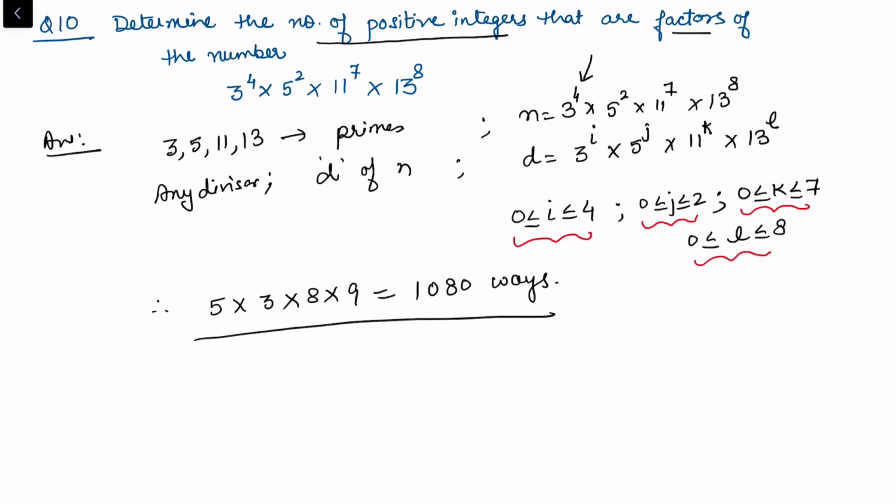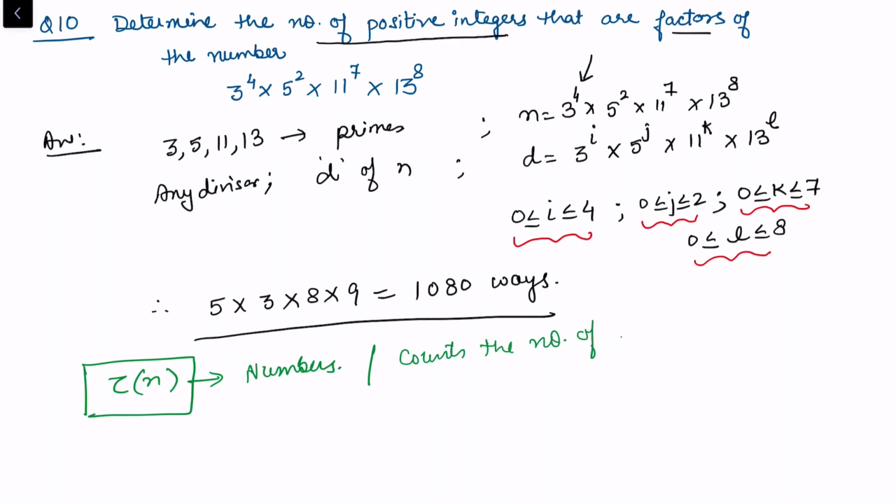In fact, this is a problem which is associated with the tau n function. Tau n is the arithmetic function defined in number theory, and this counts the number of divisors. So here we say this counts the number of positive divisors of n. The counting principle comes in the same proof, writing n in the prime factorization p1 to the power k1